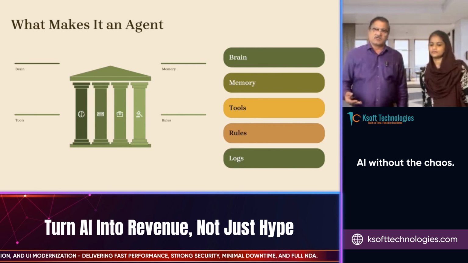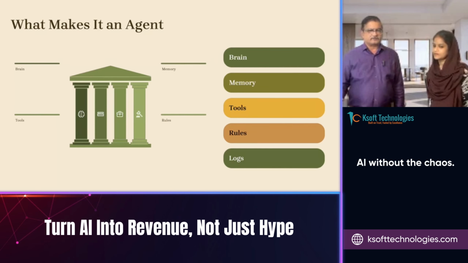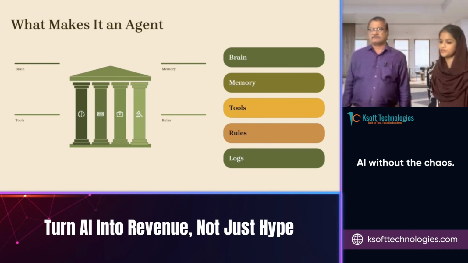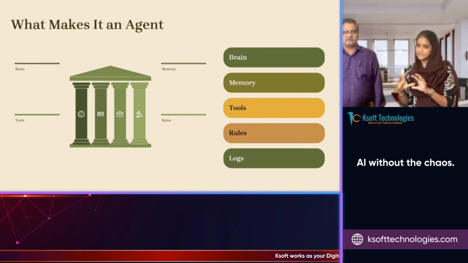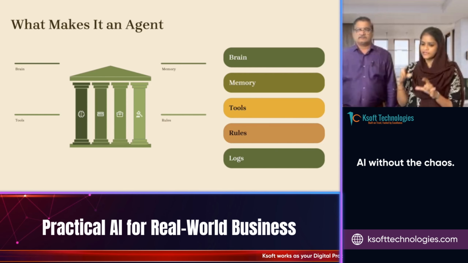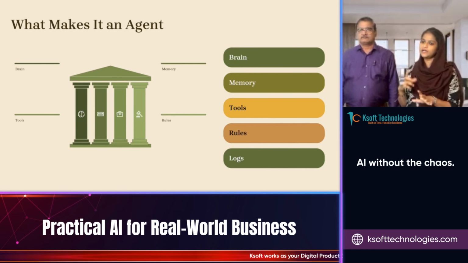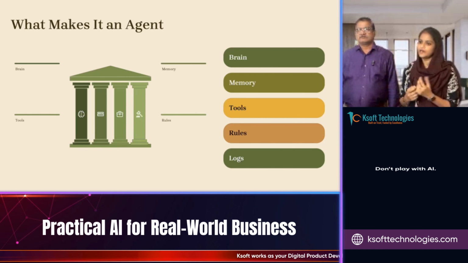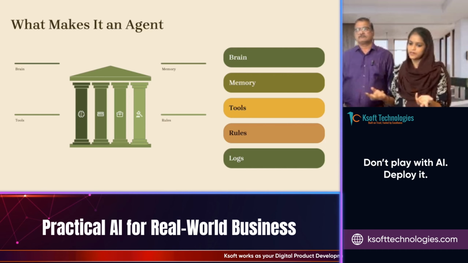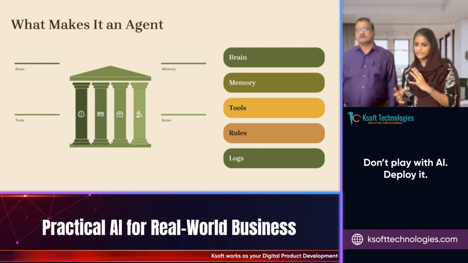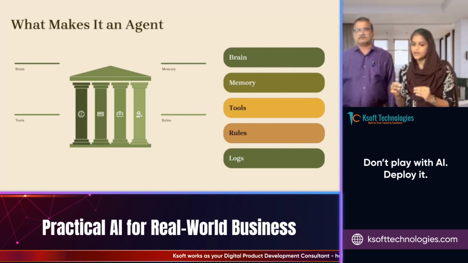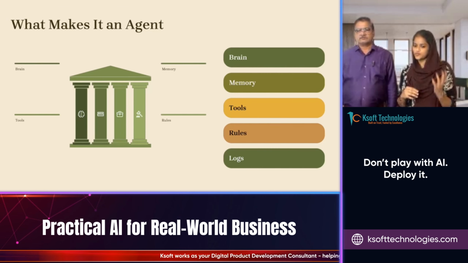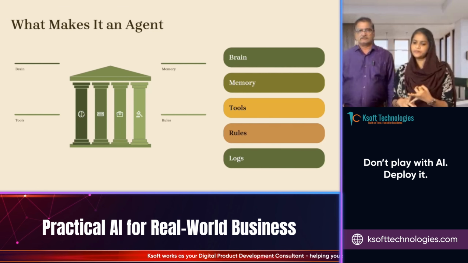Now, what makes it an agent? There are a few things that make it an agent. An agent has 5 components. First of all, brain. An agent has a brain like a human. The agent's brain is the LLM model. It may be an LLM or SLM like that. And also memory. It stores context and history, previous action, and the next action. Storing memory. And also tools like CRM, database, query, APIs.